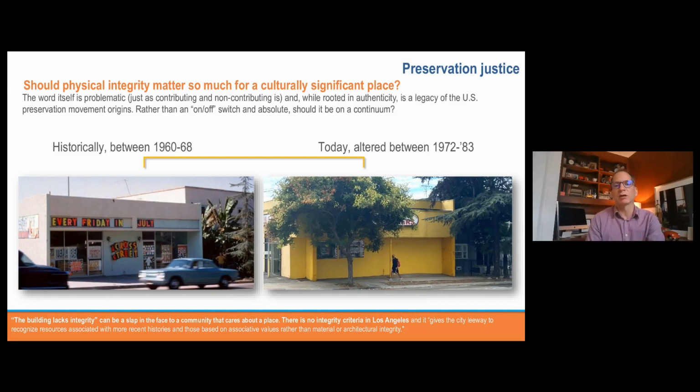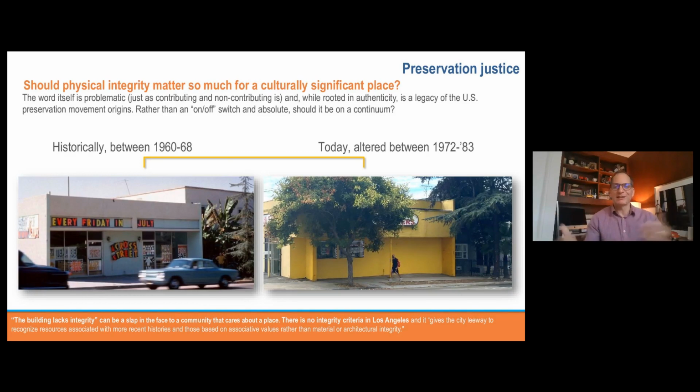And this raised a question, and a question that we've been dealing with in the preservation movement for many years, about this issue of integrity, physical integrity, and that being a criteria or consideration of whether a building is or is not eligible. And in many ways, we treat it as an on-off switch. Either it has integrity or it does not have integrity, as more of an absolute. And this idea, should we be doing it that way, or should it be treated as a continuum?